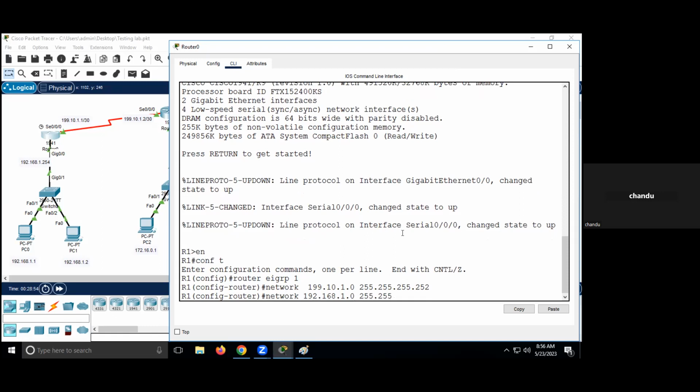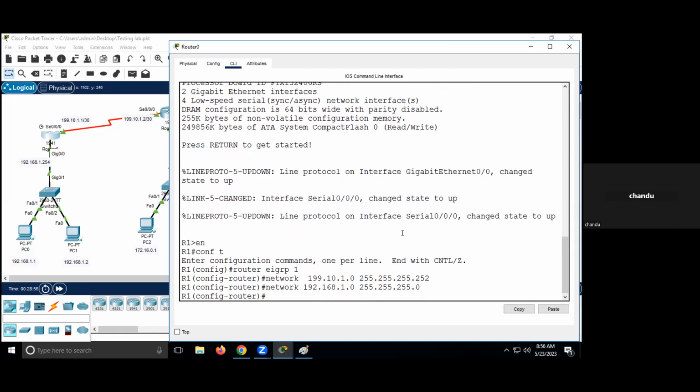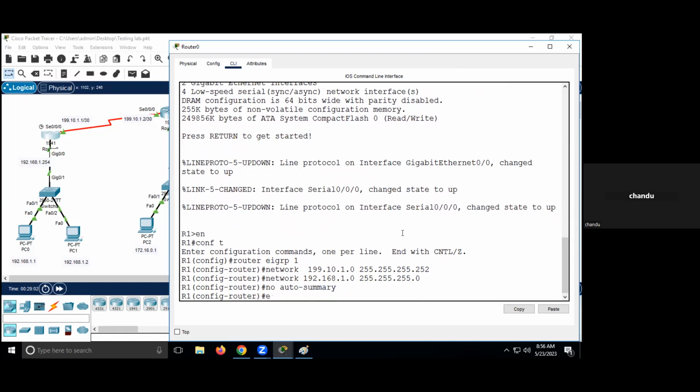Let me give the default subnet mask, no problem. I must use the command no auto-summary. I want to summarize to the default class. Then